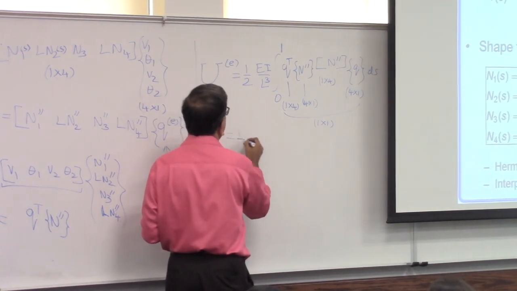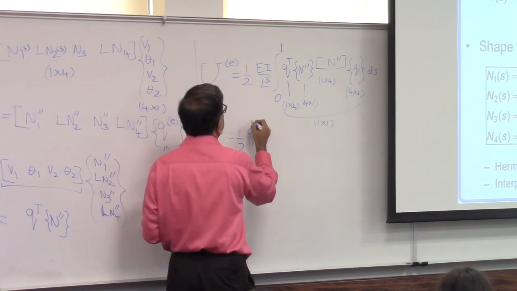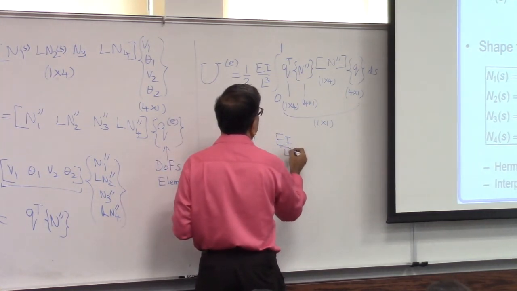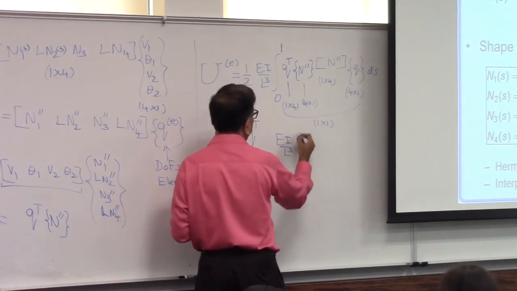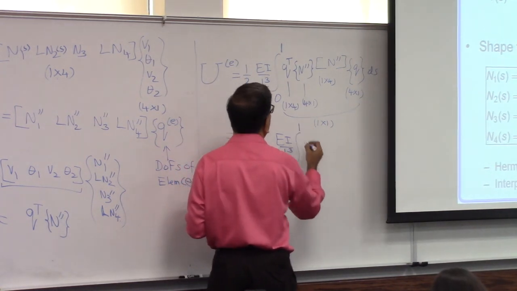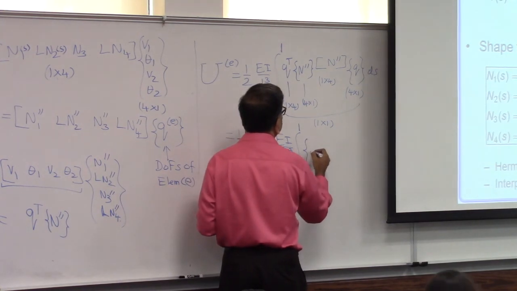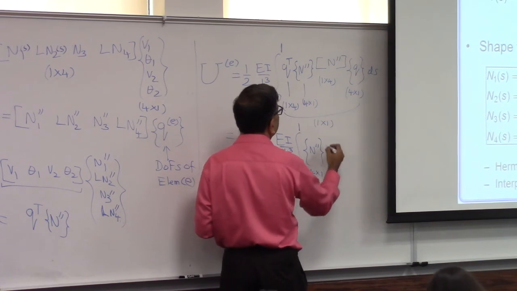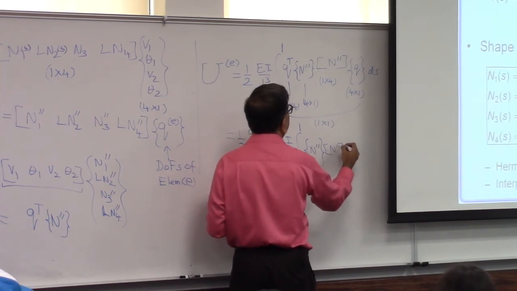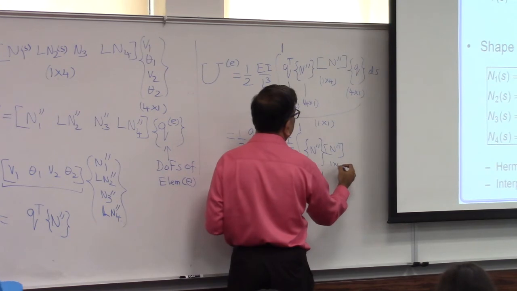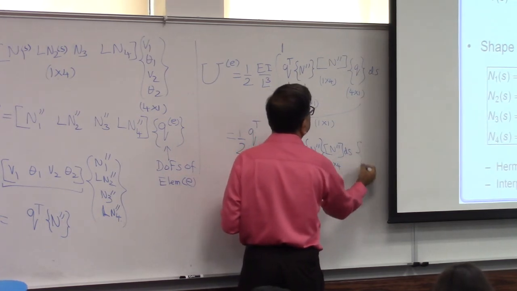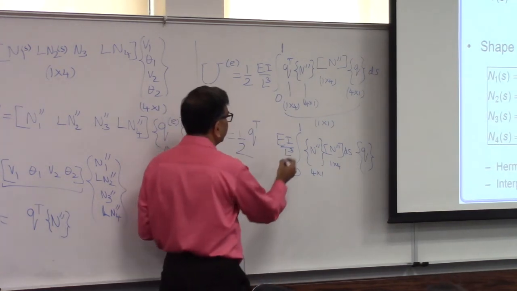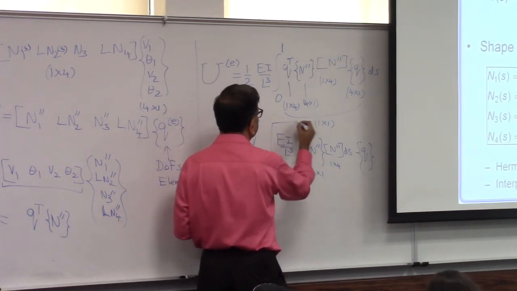So this will be 1/2. I'm going to put the q transpose here. The EA over L cube, I'm going to keep it as some kind of factor, EA over L cube, integral 0 to 1. Here I have all these shape functions, derivatives written in a column form. Then I have all the derivatives written in a row form. I'm going to integrate them and keep this degrees of freedom outside. Now this is 0 to 1. Now you can integrate this